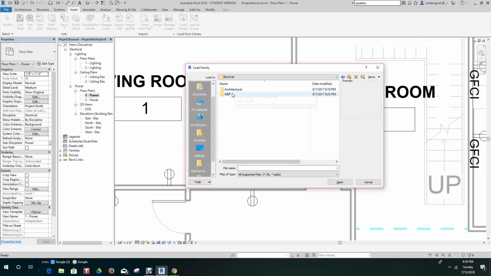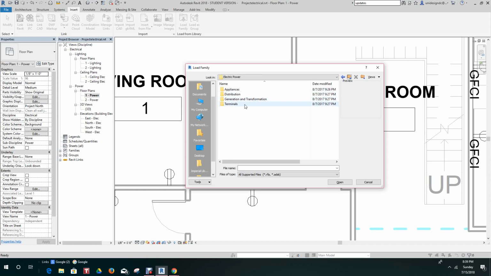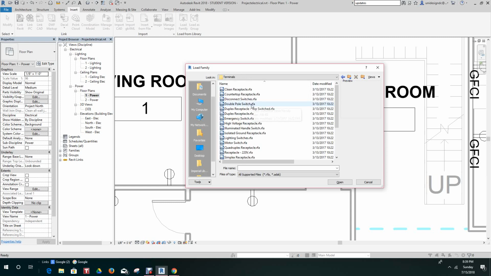Electrical, MEP, power, distribution, appliances, general transformation. No. I think that's internals. Nope, I think that's internals. Switches, duplex. Oh, there we go. Lighting switches. Sorry, and we hit open.